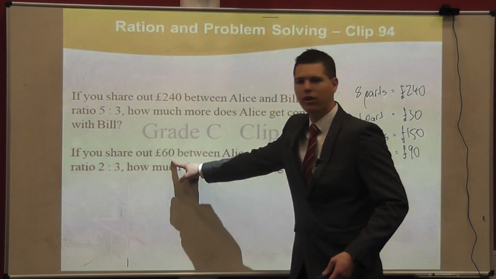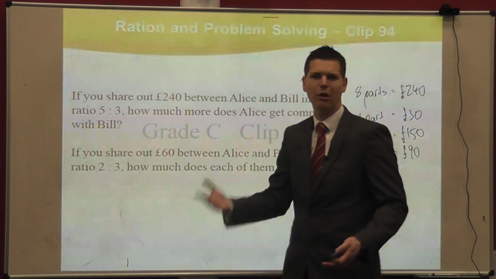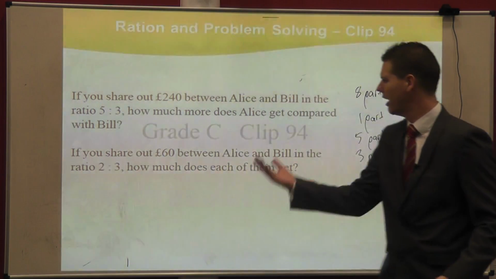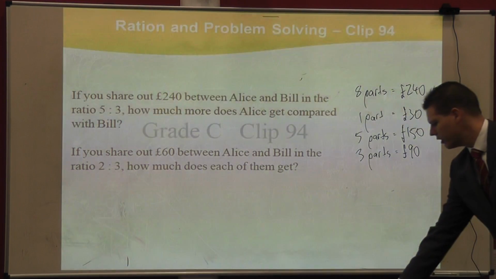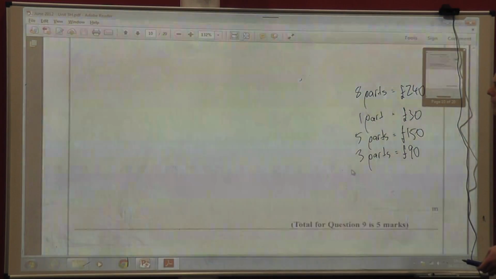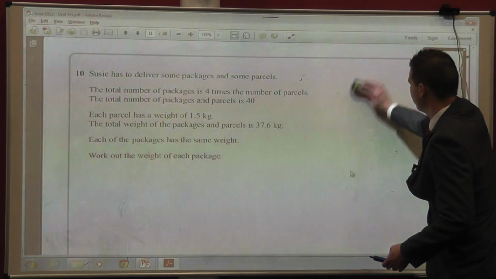Here, 60 pounds in total, 5 parts in total. 5 parts is 60 pounds, 1 part is 12 pounds. Done. 2 parts is 24, 3 parts is 36. Finished. In the exam you're going to do, the practice paper, what you get is a whole long-winded question